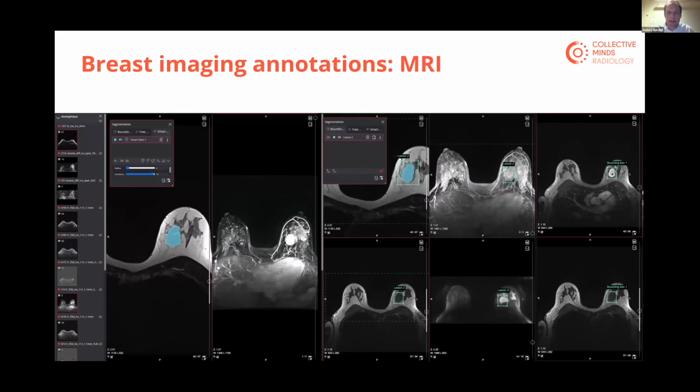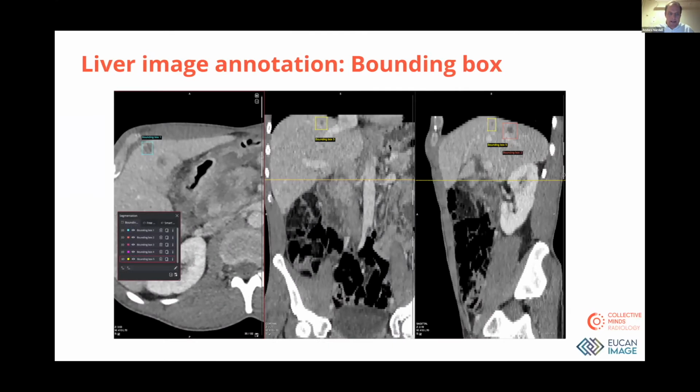Moving on, in breast, we also have a sub cohort which is MRI imaging, and here it has not been fully decided what kind of segmentation technology to use, but we're leaning more towards the segmentation approach where this semi-automatic tool will be used. In liver imaging,